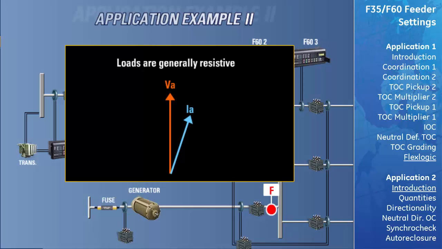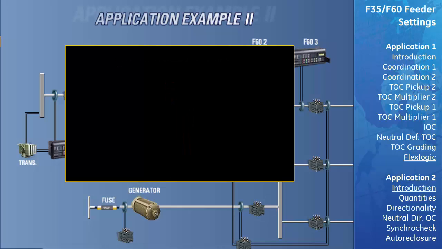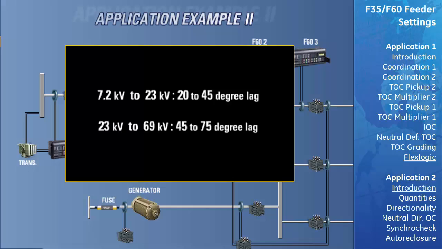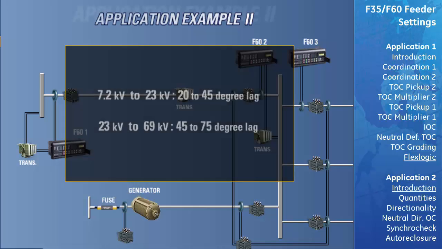The typical phase angle between the current and voltage for open-wire transmission lines in a distribution system is as follows: 7.2 kilovolts to 23 kilovolts with a 20 to 45 degree lag. 23 kilovolts to 69 kilovolts with a 45